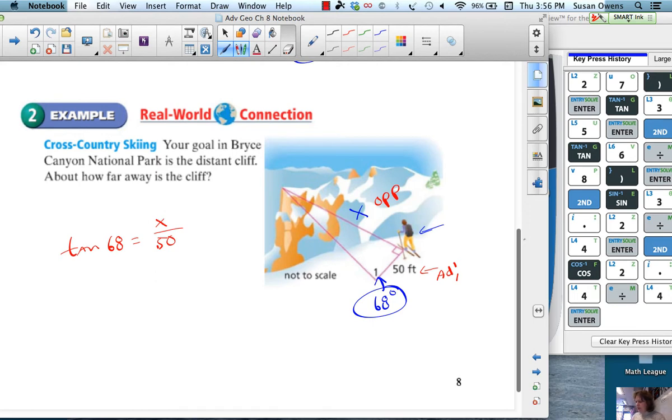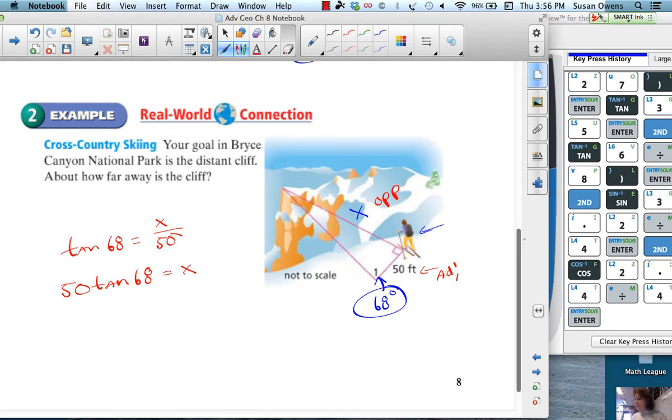Now don't pick up your calculator just yet. I'm going to solve this for x, easy to do. I can multiply both sides by 50. Now, when you multiply by 50, you don't want to write it after the tangent of 68, because then it's hard to tell if you're doing the tangent of 68 times 50, or you're doing 50 times the tangent of 68, which is what we're actually doing. So if you're going to multiply by a number, it is normally always put in front of the tangent. That way it's very clear that you're doing the tangent of 68 first, then you're going to multiply that number